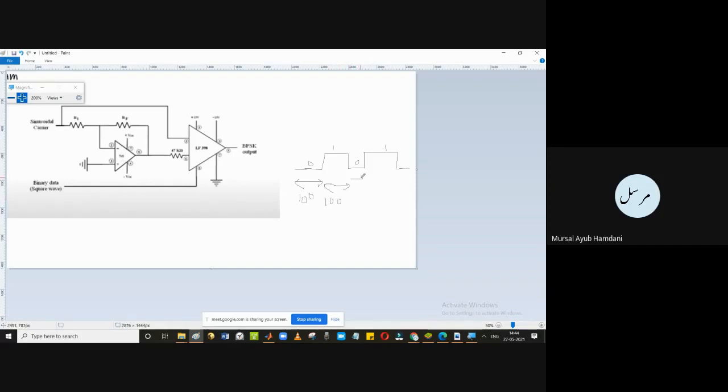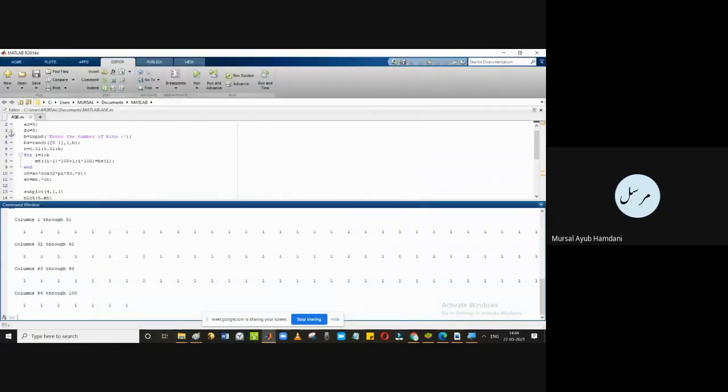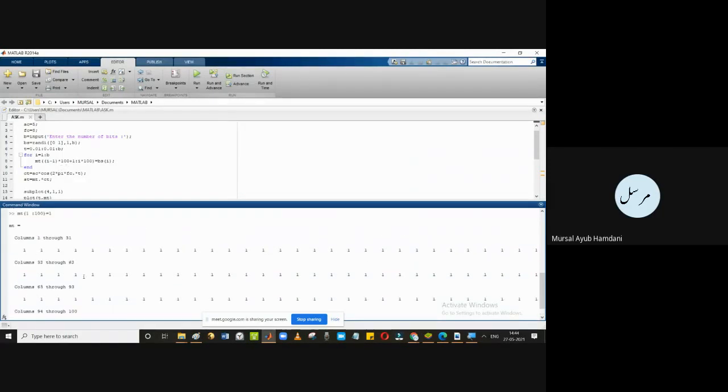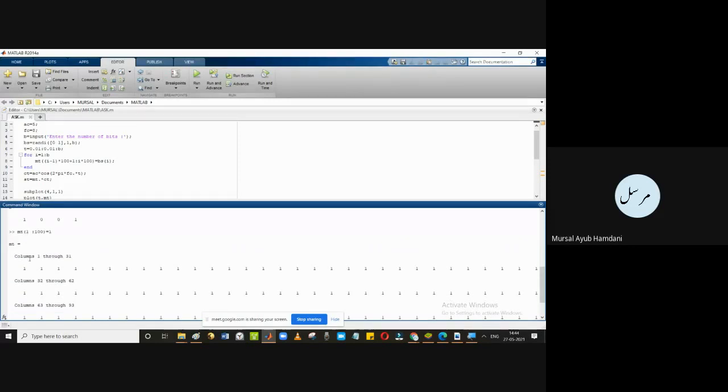Then again for these 100 values, it will be 100 here also. Then again it will be here 100. So this is accordingly how it is. Okay, so now mt, this empty, will get the values accordingly. So it will have 400 values, but 1 to 100 for the first bit, 101 to 200 for the second bit, 301 to 400 for the fourth bit.